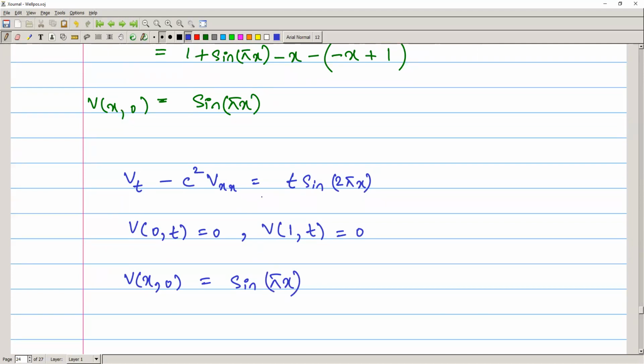Now we need to split this equation because the initial condition is non-zero, so we need to split this equation in two parts,